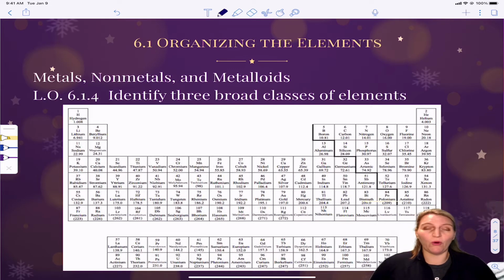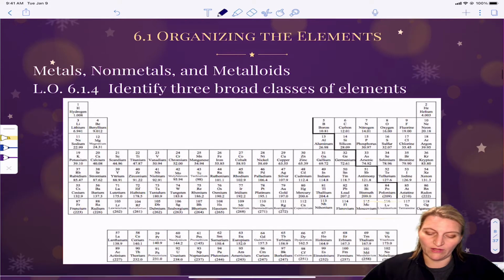Hi, so we are moving on to the different regions of the periodic table. And the first way that we're going to break up our periodic table is into a section of metals, a section of nonmetals, and a section called metalloids. So you're going to want something to color your periodic table with in your notes. So maybe 3 colored pencils or highlighters or just something that you can distinguish the 3 areas of the periodic